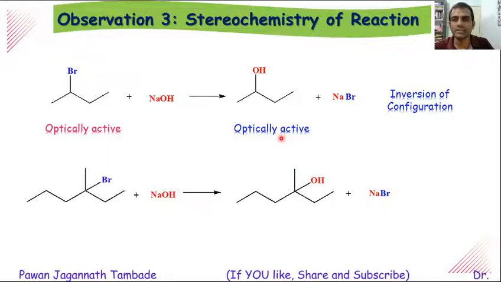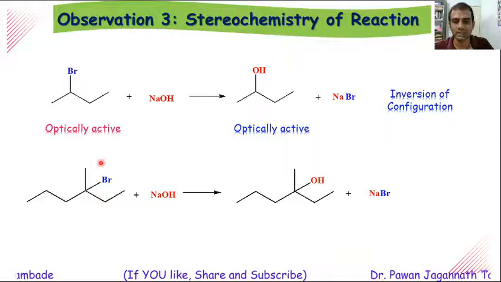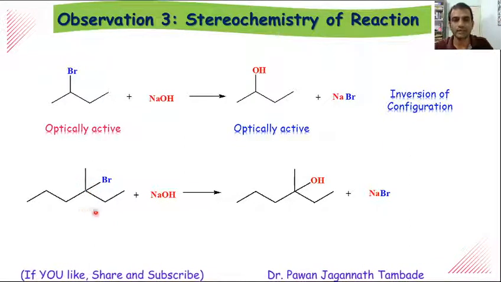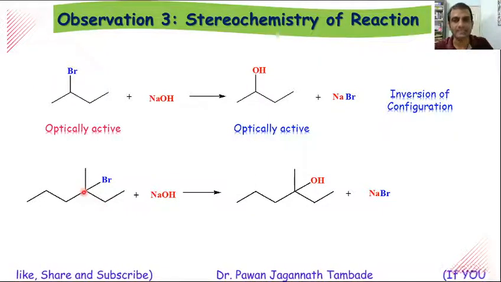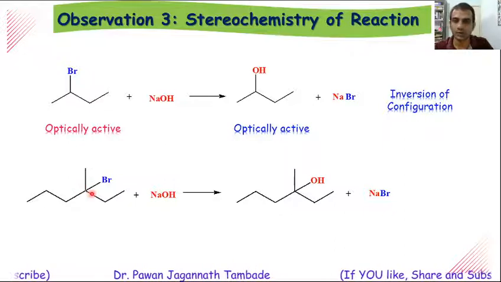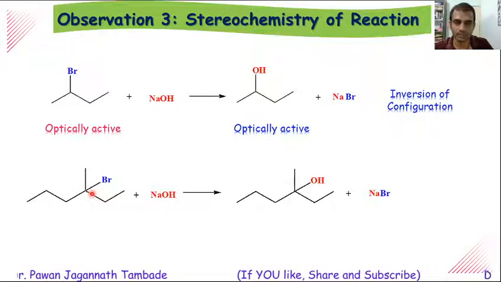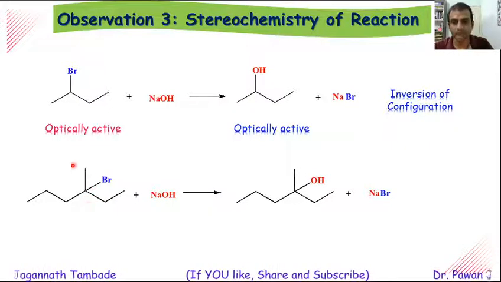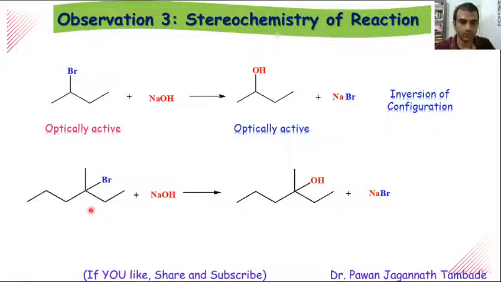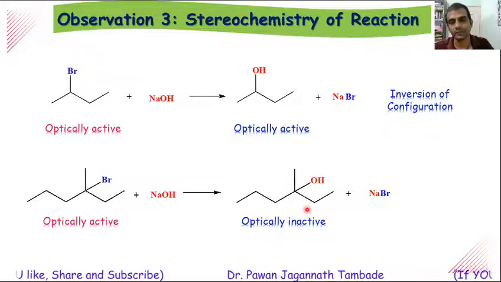However, if we change the substrate from this secondary alkyl halide to this tertiary alkyl halide, in this case also this carbon is attached to 4 different atoms or groups. So this is a chiral center. There is no symmetry operation in this molecule. So the molecule is optically active and it can have 2 different isomers, enantiomers. If we start this reaction from an optically active compound, then it has been observed that the product is optically inactive,